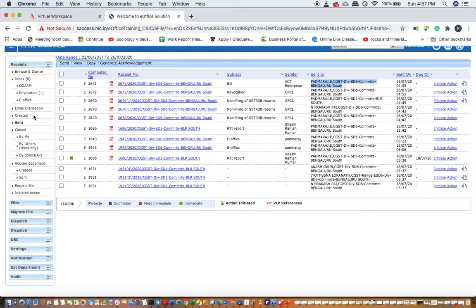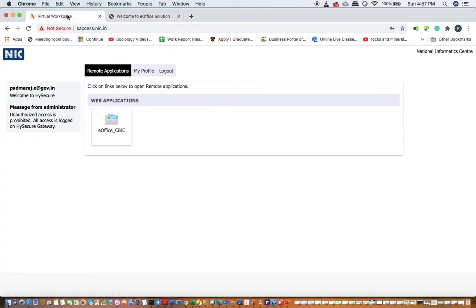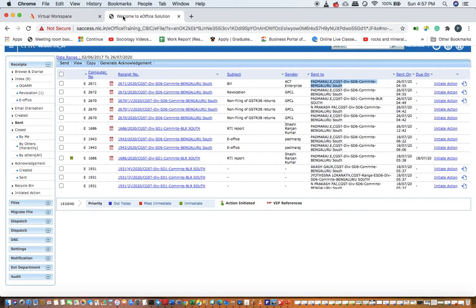Now what is the second way in which a Tapal person will receive an IC? It is through email. Okay, so it is through email. So there will be a designated mail for the Tapal person. Okay, so whatever mail is coming in that designated generic mail, he will have to continuously check and he will have to forward it to his personal mail. The Tapal dealing assistant will have to forward it to his personal mail, whatever mail that is coming to the single point contact of the commissionerate.